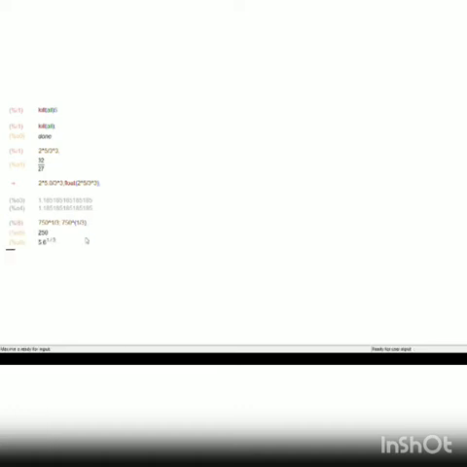Now see the answers. Both are different. The first one, 750 cap 1 by 3, is showing you 250. And the second one is showing you 5 into 6 to the power of 1 by 3. Why? Here it has taken 750 to the power of 1 divided by 3. 750 to the power of 1 is 750, divided by 3 means 250. And this is taking 750 to the power of 1 by 3. Actually, we were expecting this answer.